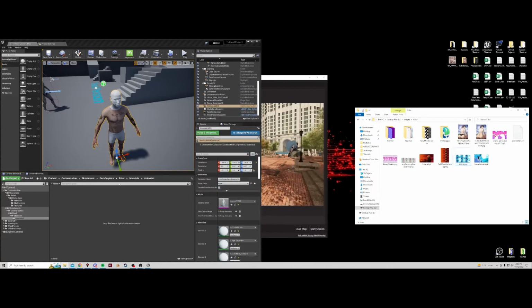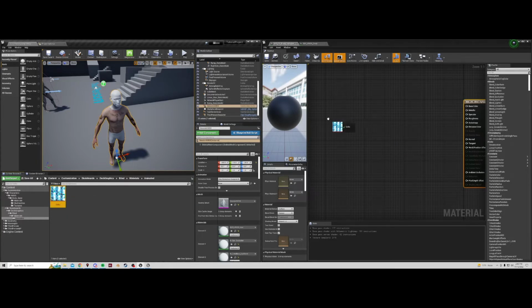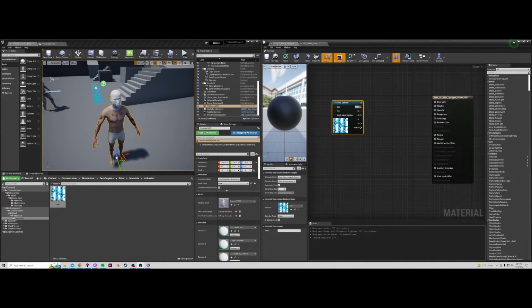So, in here, I'm going to take this texture and drag it in. Now I have this texture here. So, in my material, I can now take this texture and drag it in. If I connect it,